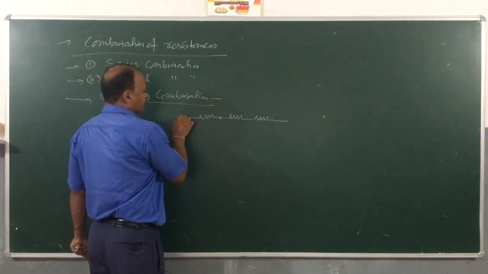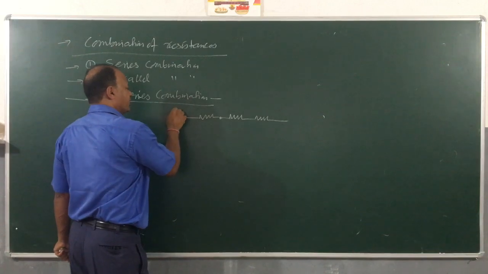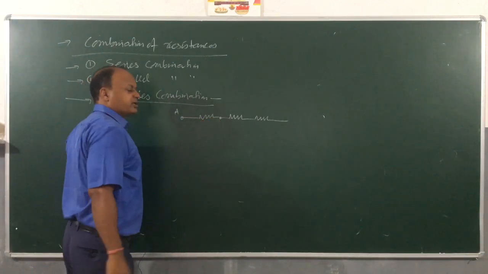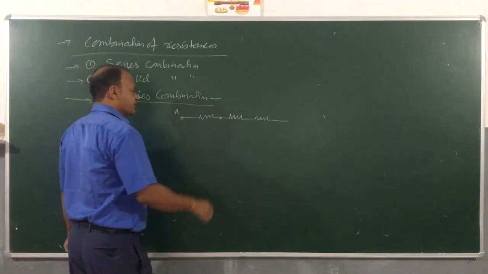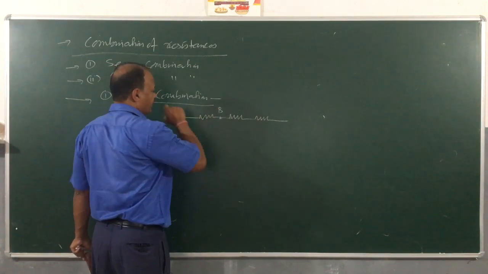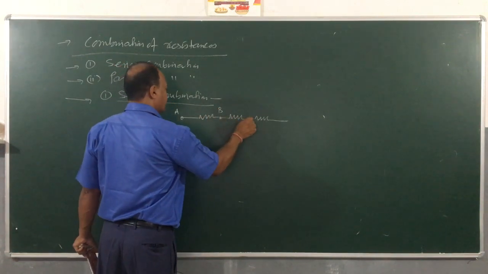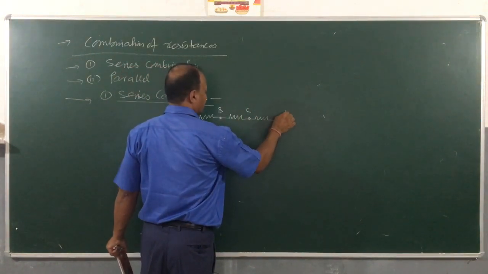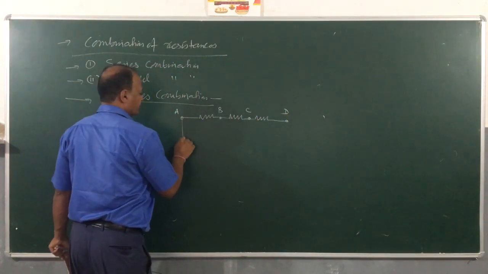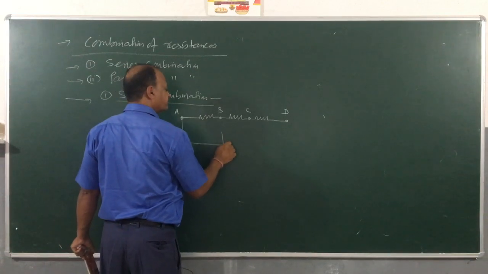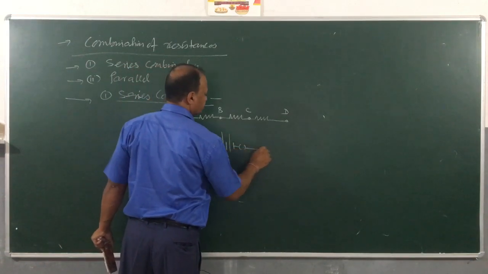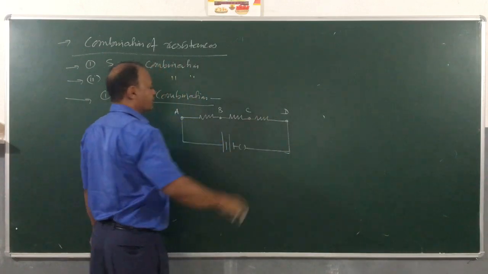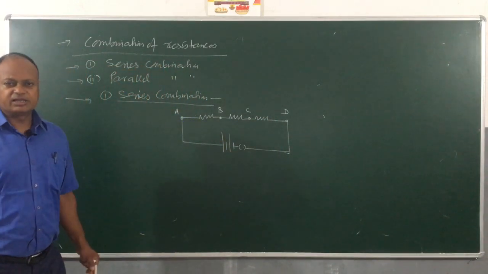You can see I begin from a point here, let us say this point A, and go up to point B, and I put one wire. Between B to C I connect a second wire. C to D I connect another wire, and then I connect a battery out here. So, this becomes a series combination of resistances.